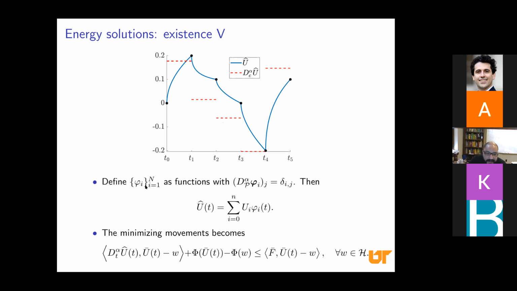Well, we're just going to make it into existence if you want. We're going to define these phi_i as functions that are what they are, but the point is that their Caputo derivative is going to be 1 at an interval and 0 at all the others. And so I can define my u hat to be just a linear combination of these functions. And this is not a cartoon. This is actually how this u hat looks like. It's continuous, but not very smooth, especially at the grid points. But still, its Caputo derivative is going to be piecewise constant. And that's what we want.